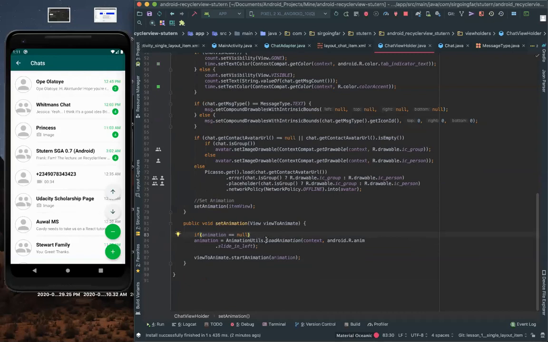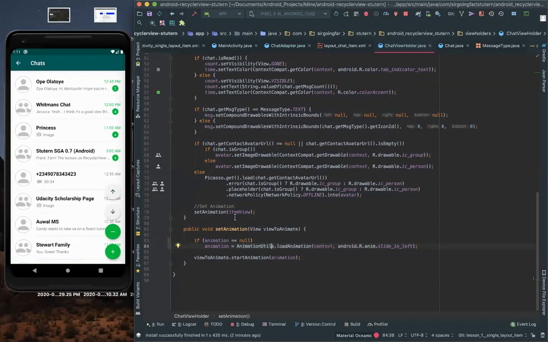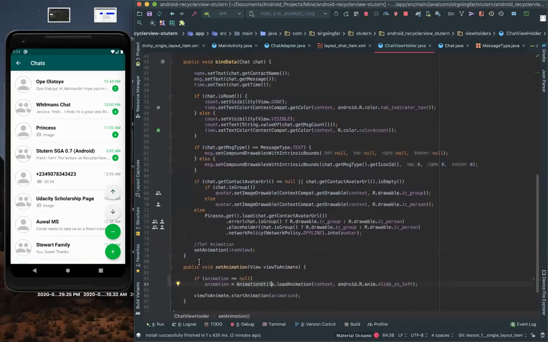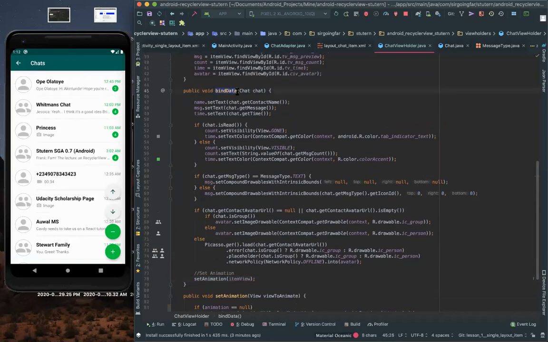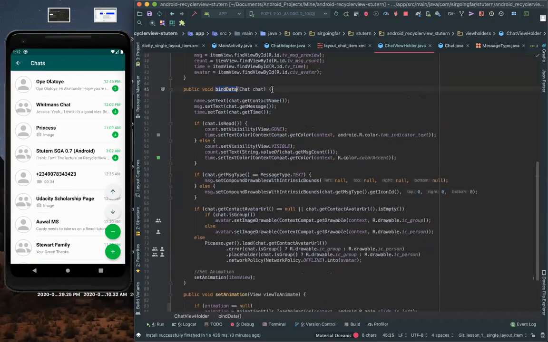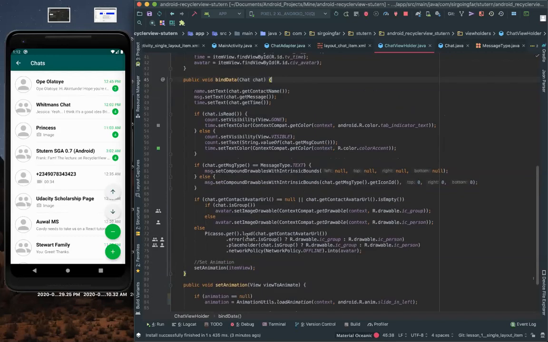That's what you just try to animate. This is the utility function. So I did this for set animation. When you do the binding of data, immediately after binding the data, animate this item view. Don't forget the